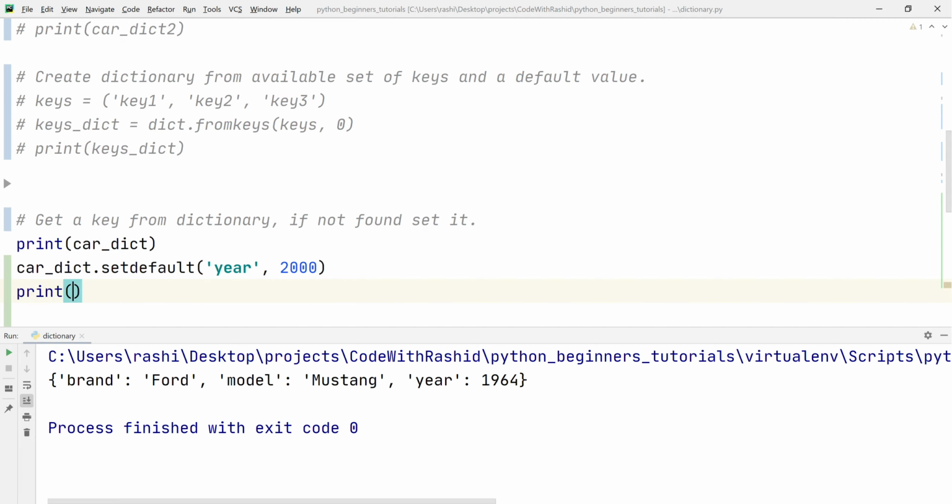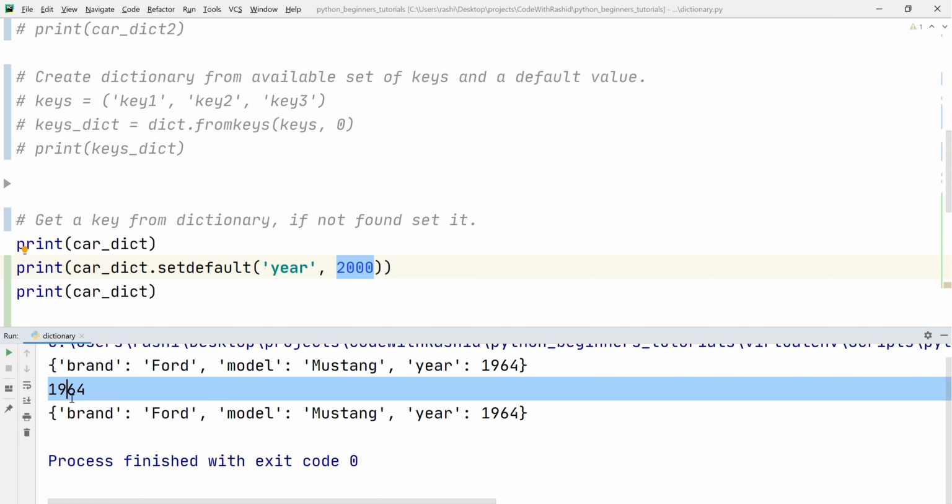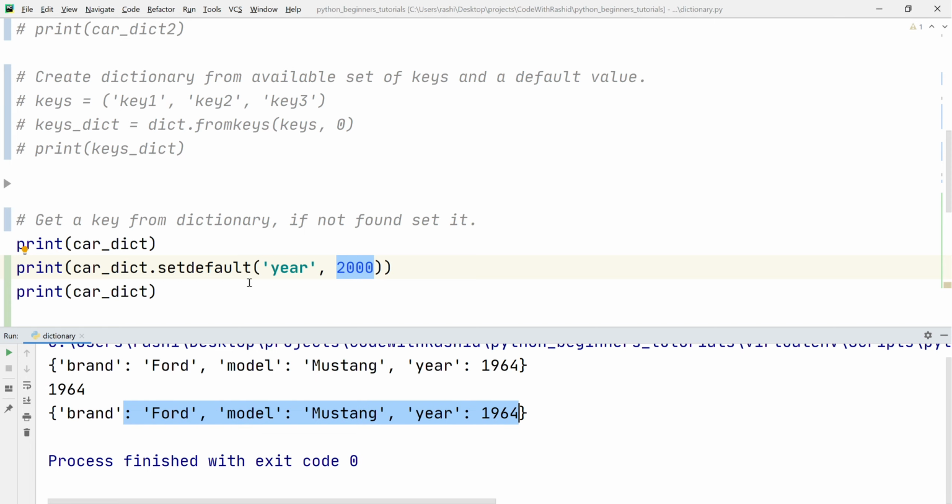Let's print the dictionary and see what is the output. Let's also print the above statement as well. So we shall write print and then we shall run the program. After running the program we can see that we have got a valid year, that is 1964. This is because the key was already there in the dictionary, and even the final output dictionary is not changed at all because the key was there.